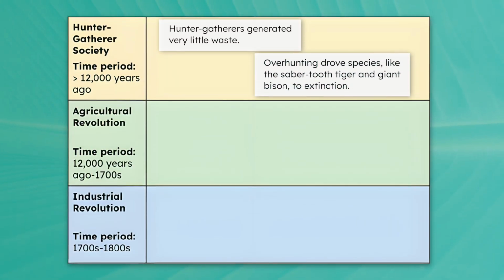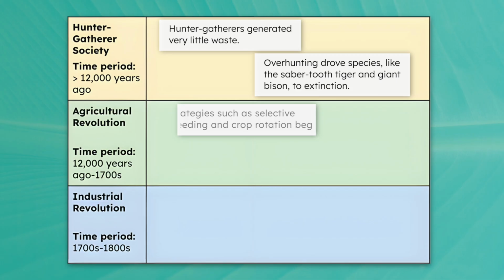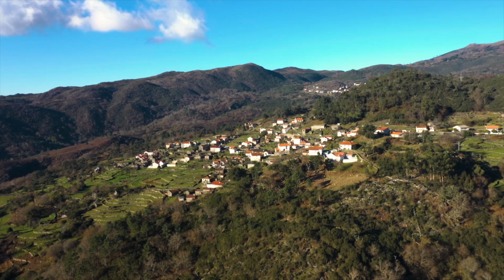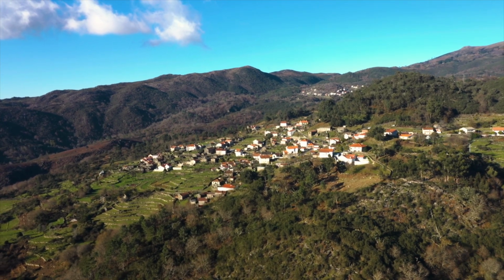During this time period, human impacts on the environment became concentrated in these new settlements, instead of being spread out over wide hunting territories. Some major wins came from this time period. Humans figured out how to selectively breed plants to make the best crops, and we developed sweeter fruits and larger corn and wheat harvests. We also developed an agricultural method called crop rotation, switching plant varieties to add nutrients back into the soil. And populations flourished and grew rapidly thanks to reliable food sources.